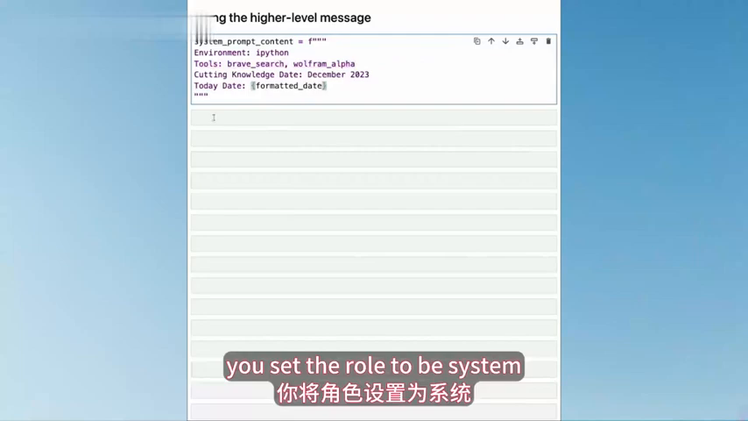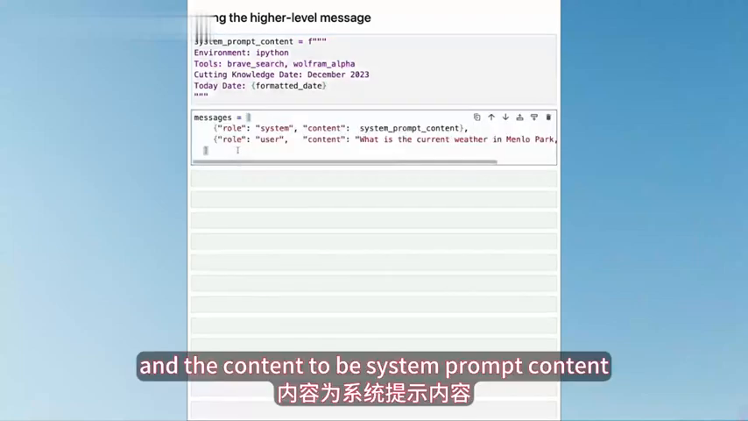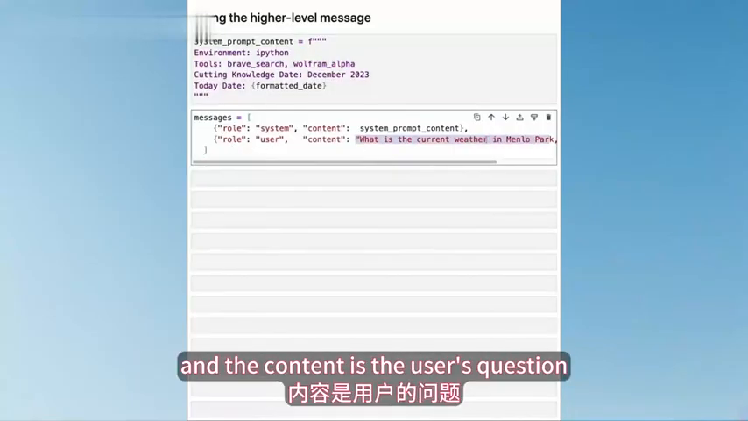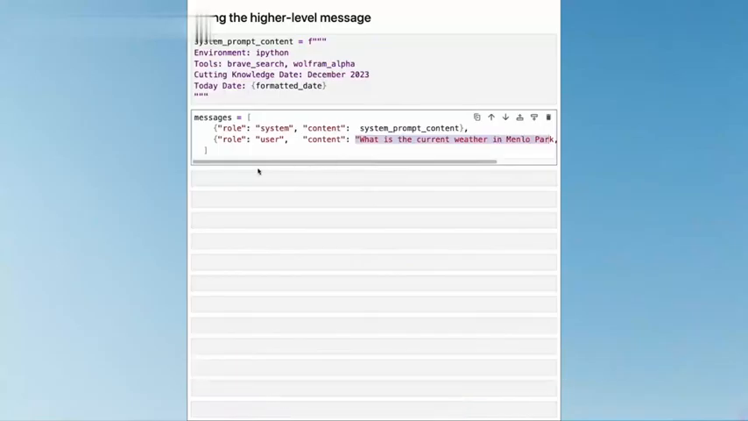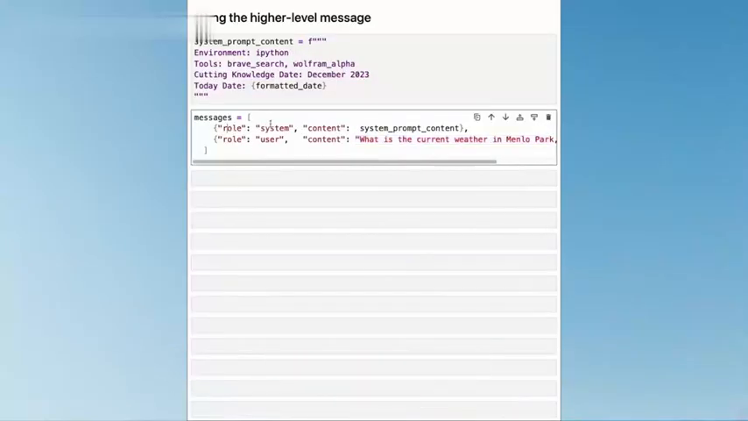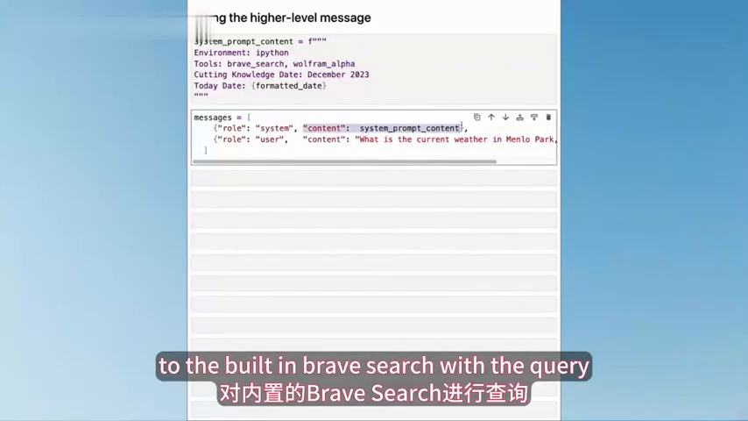You set the role to be system and the content to be system prompt content. Then you set the role, user, and the content is the user's question. Let's make the call and see the response. And here's the result, which is the same tool call to the built-in Brave search with the query current weather